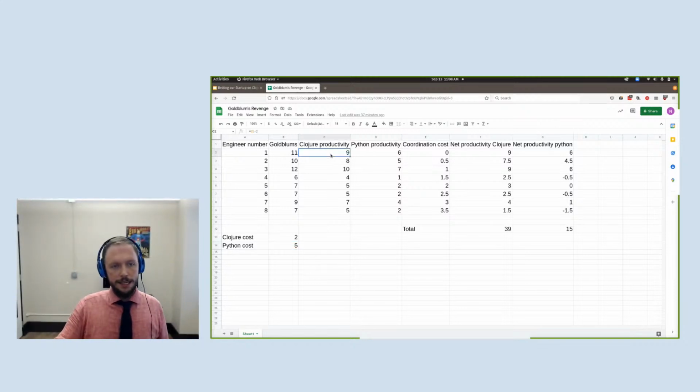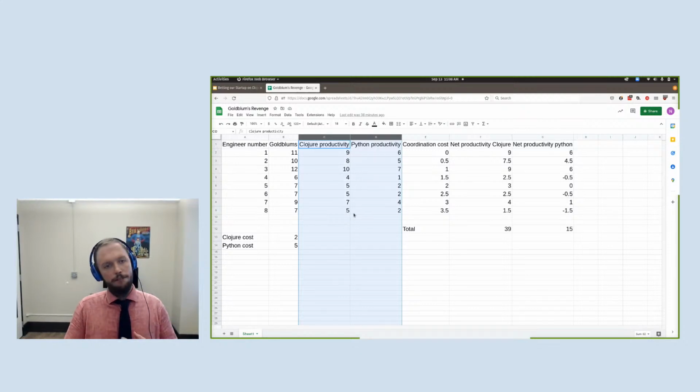So each engineer's Clojure productivity would be just a simple difference of their Goldblum level and the cost for Clojure, likewise with Python. This is the first order effect here, and this will be enough to go on.